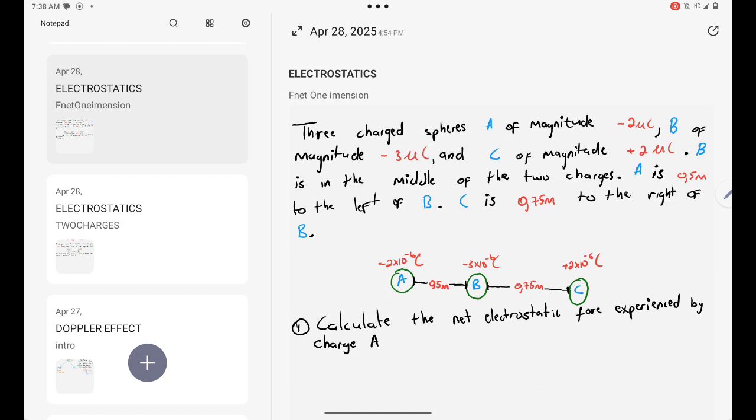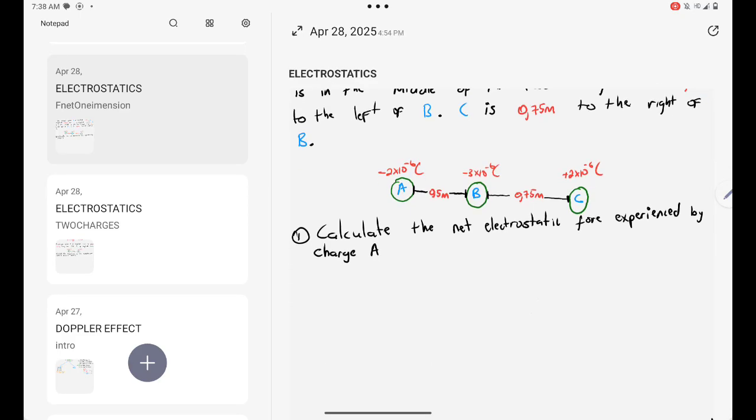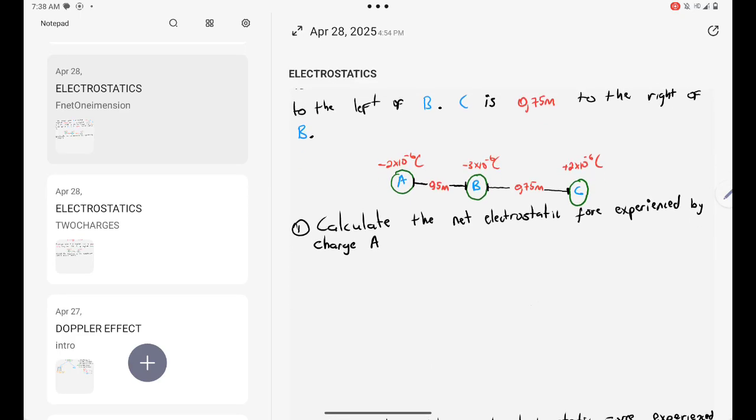We are told that there are three charged spheres: A of magnitude -2 microcoulombs, B of magnitude -3 microcoulombs, and C of magnitude +2 microcoulombs. B is in the middle of the two charges. A is 0.5 meters to the left of B, while C is 0.75 meters to the right of B. On the first question, they want us to calculate the net electrostatic force